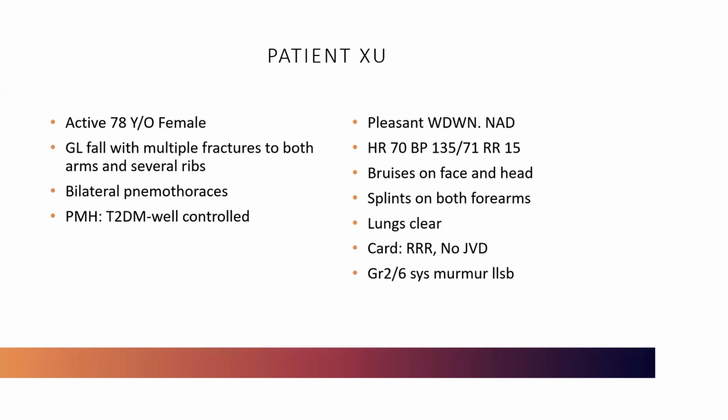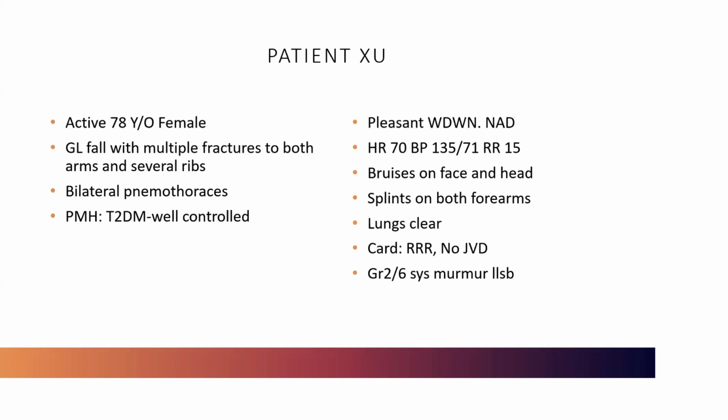So this was a 78-year-old female, very active, who had what we call a ground level fall, but actually she fell down several stairs, 10 stairs in her home. She ended up with multiple rib fractures and fractures in both of her arms, and a humeral fracture. From the rib fractures, she developed bilateral pneumothoraces. From a past medical history standpoint, she didn't have much going on. She had type 2 diabetes, which was well controlled. She's really on top of that. The only medicine was metformin,